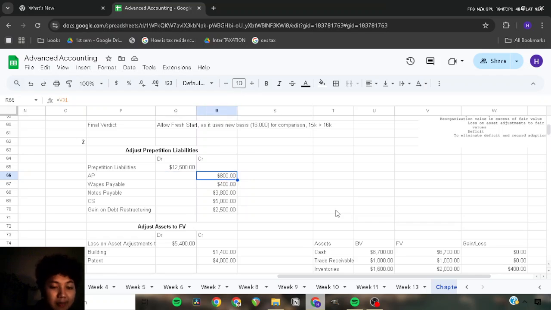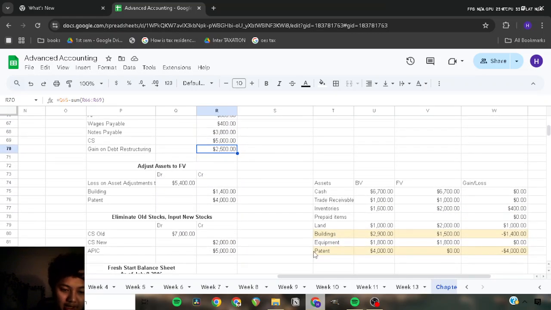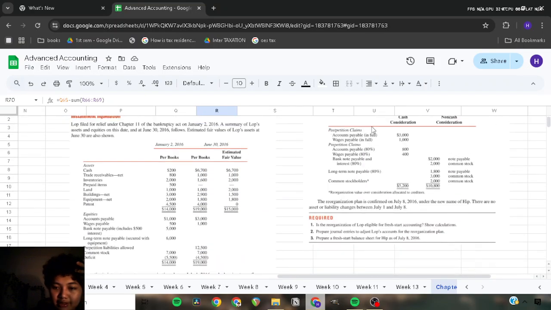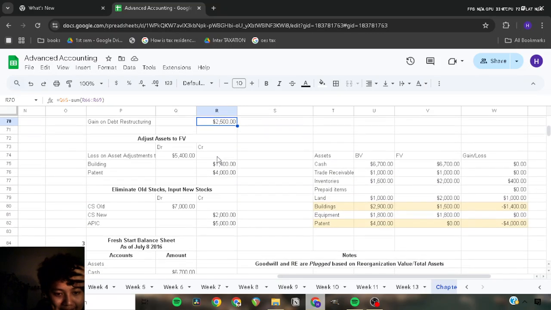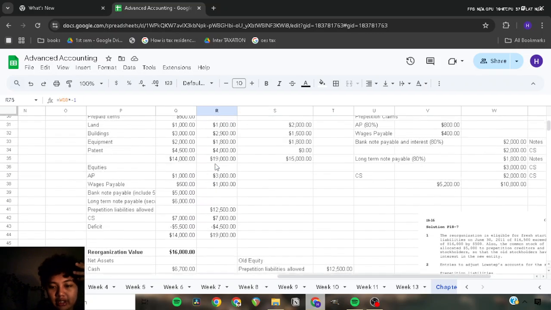Wait, I'm sorry. By that I mean we want to add these. I'm sorry, because this is a credit account, right? And so you eliminate the liabilities and you transfer it into these, right? Second is you want to adjust assets to their fair value because it is stated there's a fair value here somewhere. And so I have provided all the calculations for this, where I get the numbers from. You can always look at the table.